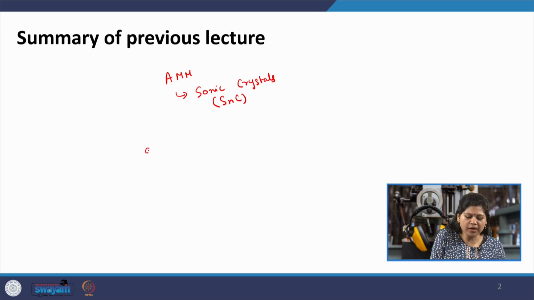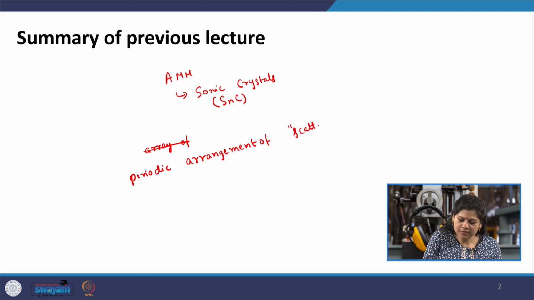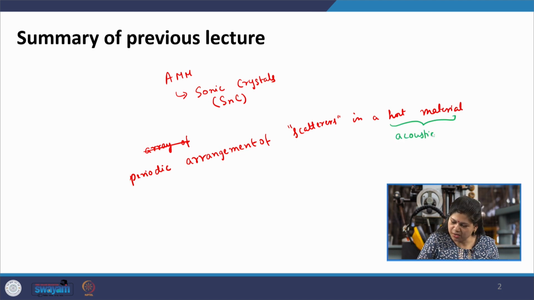It is made of an array, or a periodic arrangement, of scatterers in a host material. Typically the host material is a light fluid acoustic medium such as air, water, etc. And the scatterers are heavy, or high impedance,